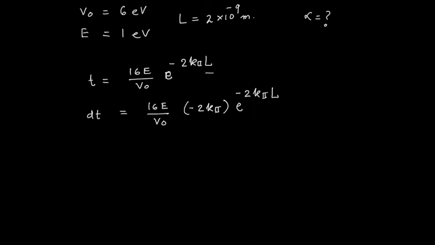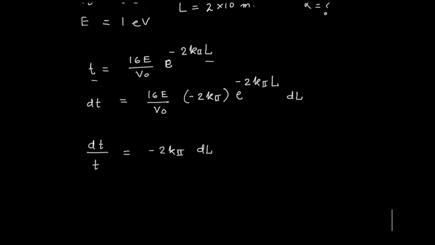We can see from here, if L increases, the tunneling probability will reduce, since we have e to the minus L in there. So if I calculate dT by T, then this is just minus 2k2 dL,